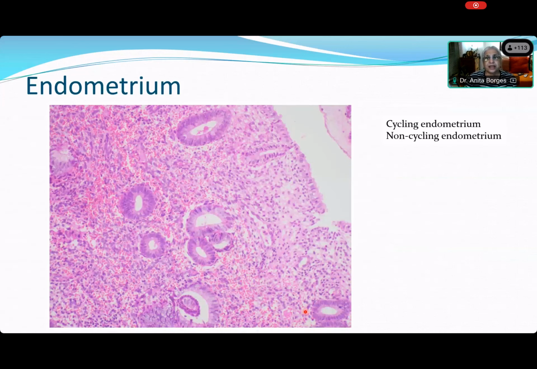Now here, is this a cycling or a non-cycling endometrium? Rupali? Non-cycling endometrium. Rupali says non-cycling endometrium. Mulyan, is this a cycling or a non-cycling endometrium? Cycling. I don't see anybody writing anything in the chat box. Yes, Mulyan, what is it? Cycling endometrium. Why do you say that, Mulyan? Because I can see the mitosis, ma'am, and proliferating glands. You can see mitosis and the proliferating glands. Yes, ma'am.